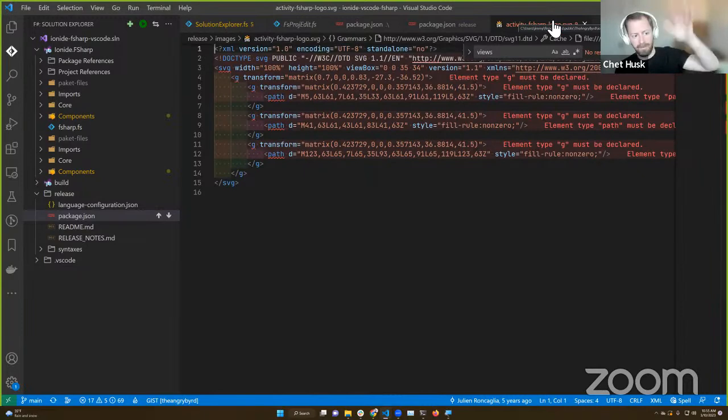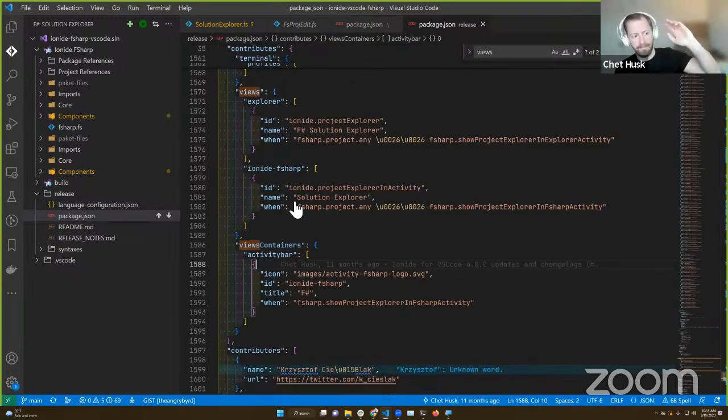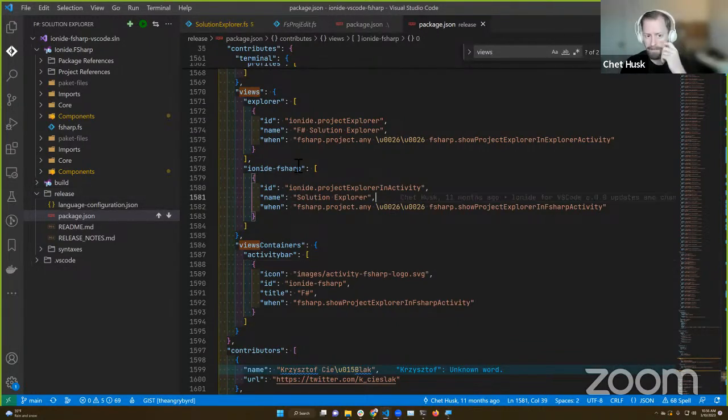Inside the Solution Explorer itself, though, you might see icons for solutions, icons for projects, icons for folders, icons for files. Those all come from your icon theme, which is a setting that you control inside VS Code. The job of Ionide is just to say, okay, this node in the graph is of a certain type. And then these icon themes map types to icons, right? So we're very decoupled. Jimmy could go change his icon theme right now and everything would just seamlessly update.